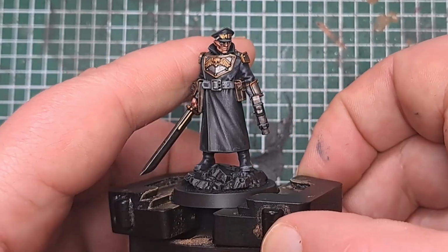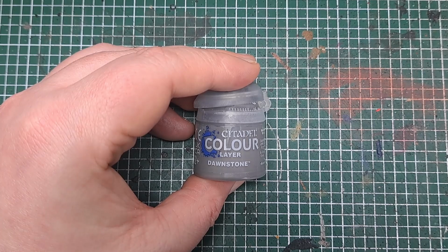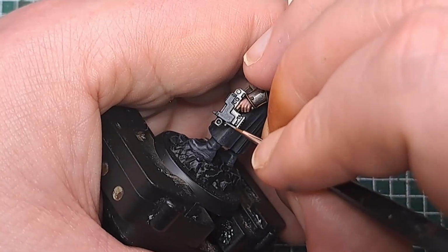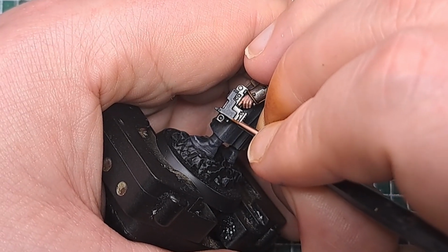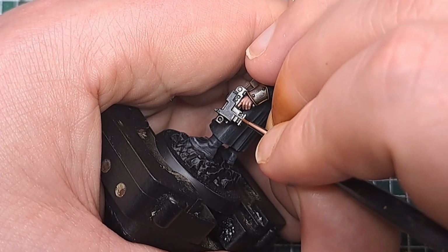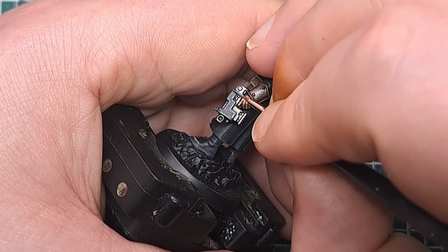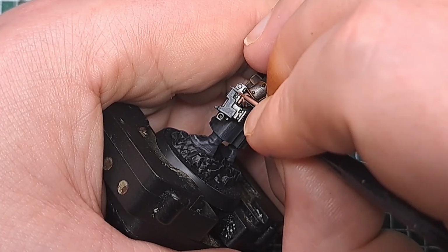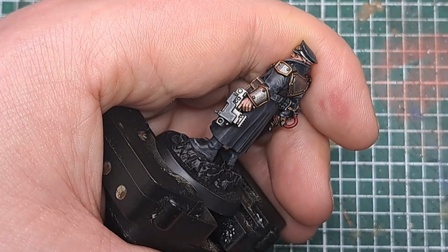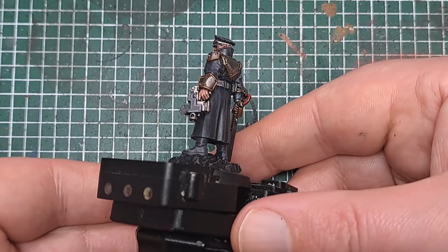And with that chunky highlight applied, the next step is to come in and apply a thinner edge highlight of Dawnstone within that Mechanica Standard Grey chunky highlight. So much like with the pouches, I'm just applying a real thin edge highlight of Dawnstone on the very edges of all the areas of the bolt casing, but leaving a little bit of Mechanica Standard Grey showing through to give us a really nice looking two-tone highlight. And with that bolt pistol highlighted,